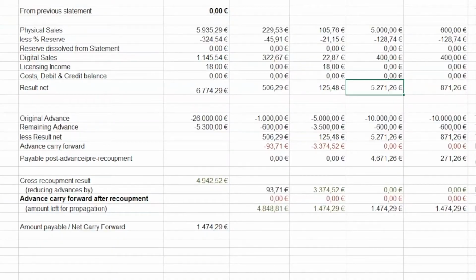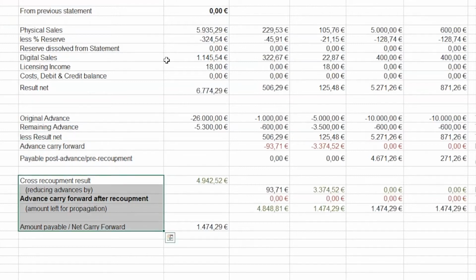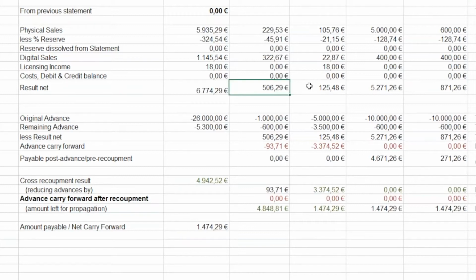This is a quick documentation about our reference Excel sheet for cross-recouped contracts, which is basically the balance by contract sheet in a new form with some new captions, and specifically for cross-recouped contracts, so meaning grouped contracts which are calculated together, meaning the income from one contract can reduce the Vorschuss from another contract.